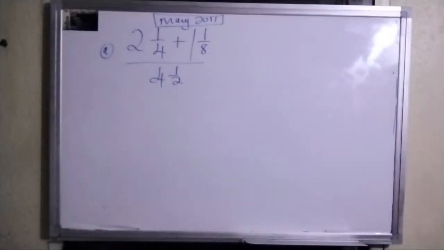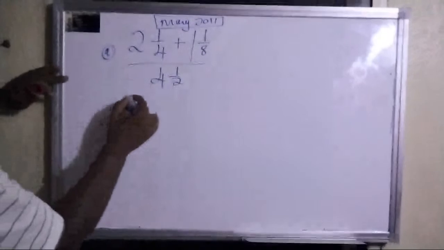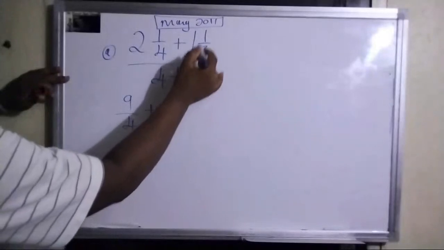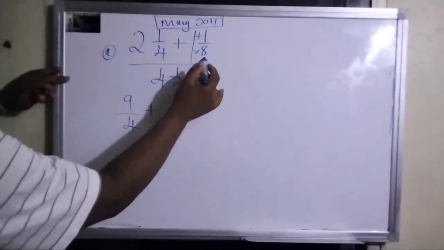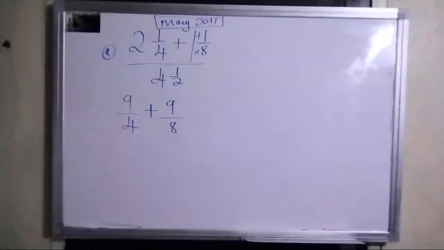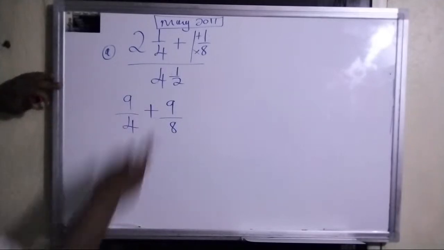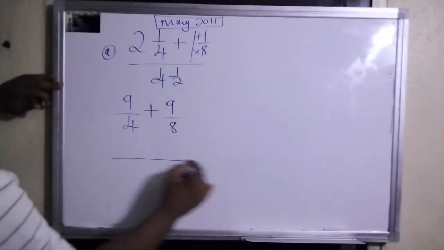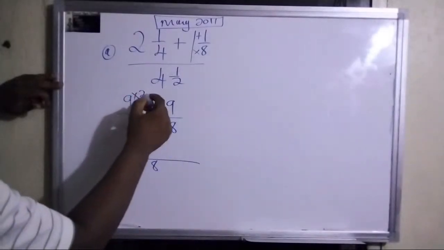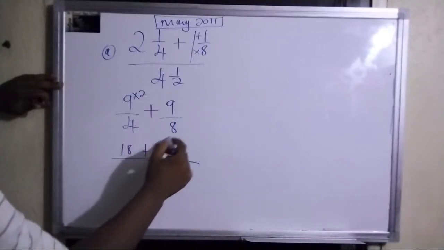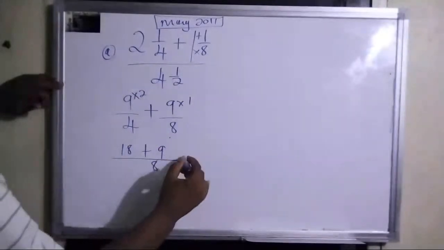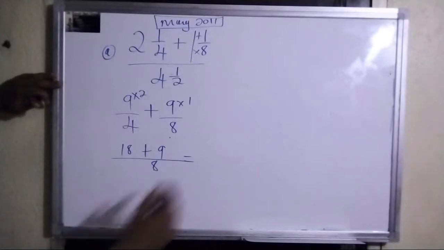So we deal with the top first. So it will be 2 fourths, 8 and 1, 9 over 4. And this is a very nice question because you can see the LCM set up nice for you. So 1 times 8, that's 8 plus 1, 9 over 8. So we're going to work the top and then we deal with the base. The LCM would be 8. 4 into 8 goes 2 times, 9 times 2 would be 18. 8 into 8, 1, multiply by 1, 9 ones, 9. So for the top, we get 18 plus 9, which is 27